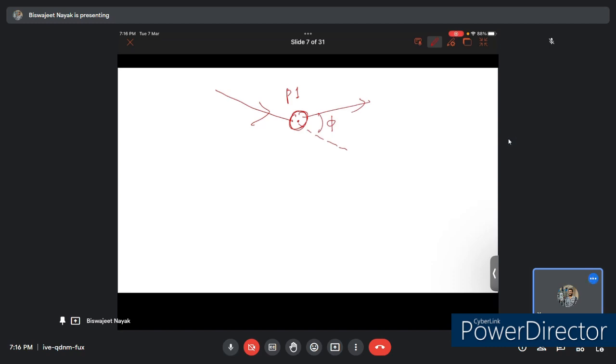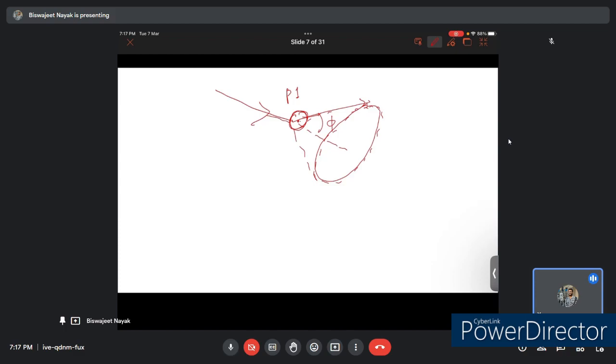Then this deflection can happen over a cone, and if this electron gets deflected here, then it can fall at any point in this region,